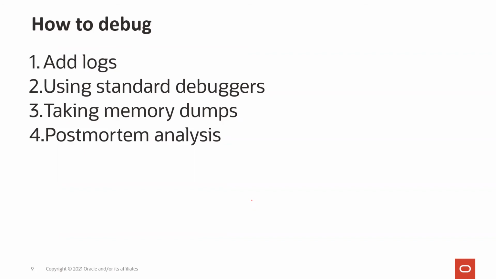I was explaining how you can debug memory related issues, for example, a memory leak or heavy usage of the memory, which leads to throwing out of memory errors over a period of time. For that sort of issue, you can take memory dumps over a period of time, like every month or every day, based on how much memory is consumed, and then start comparing the memory and see which part of the memory is growing over a period of time. Then you can focus on that part and go a little bit deeper. Basically you are trying to narrow down the problem and understand what exactly the chunk of code is which is leaking.